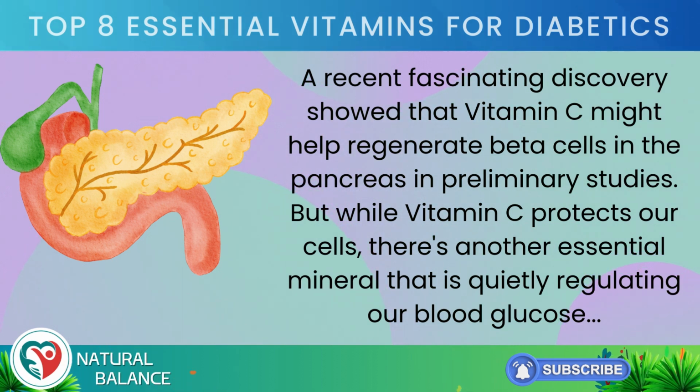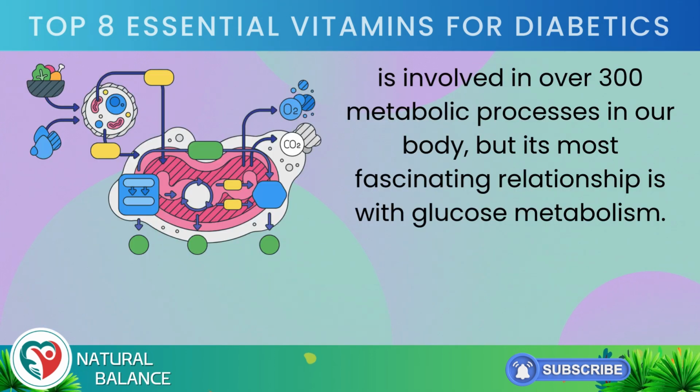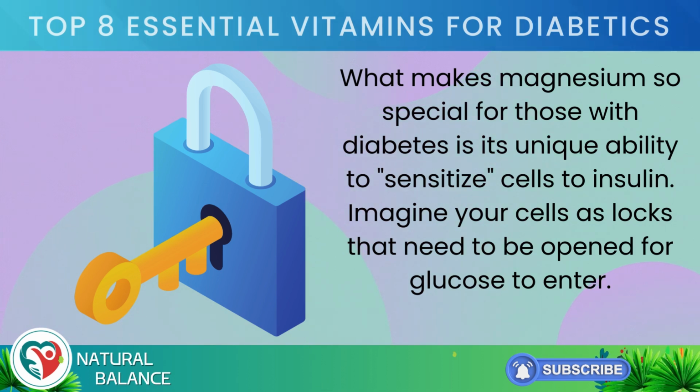But while vitamin C protects our cells, there's another essential mineral that is quietly regulating our blood glucose. Magnesium, this extraordinary mineral, is involved in over 300 metabolic processes in our body, but its most fascinating relationship is with glucose metabolism. Recent studies from Harvard University have revealed that individuals with adequate magnesium levels are 33% less likely to develop diabetes. What makes magnesium so special for those with diabetes is its unique ability to sensitize cells to